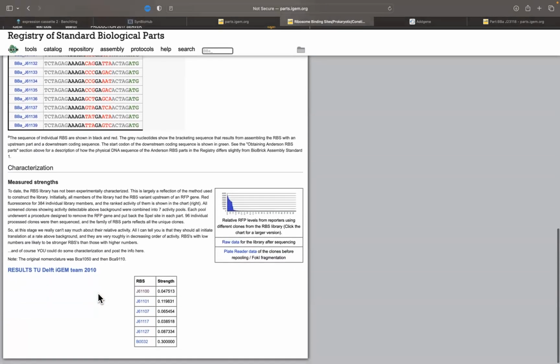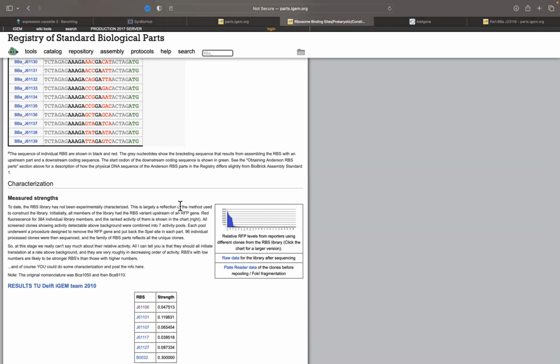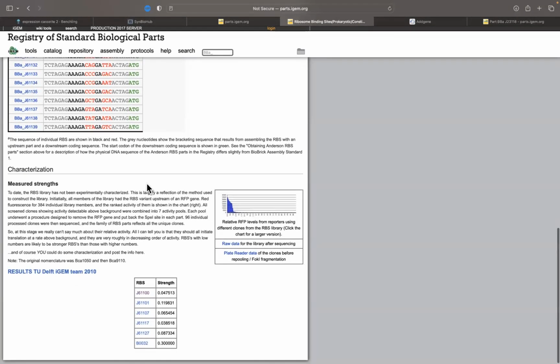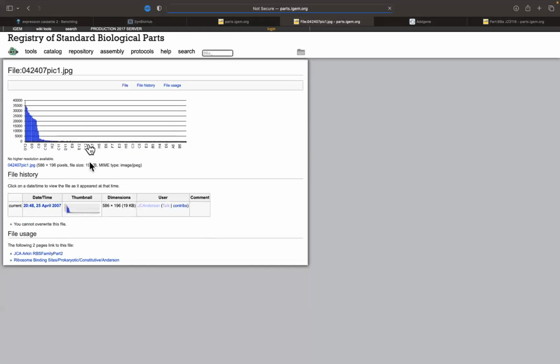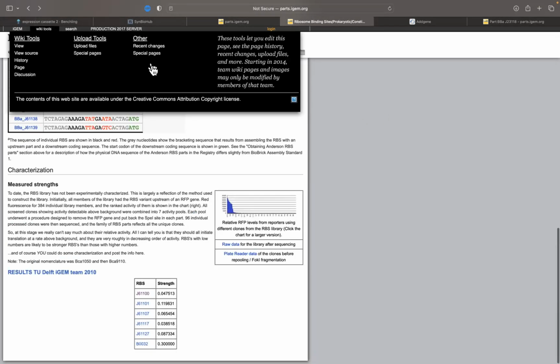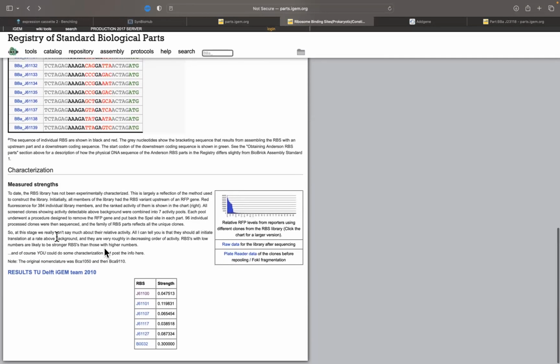There is a list. If you run down them, they haven't been characterized singularly because it's quite difficult and we're not used to characterizing RBS usually. They have mostly been characterized in a library that was much larger, more than 150. They published this picture, which is not very representative. It's actually quite bad quality and not very useful. But at the end of the description, in the measured strength, they say that they all transcribe at a rate that is above background,